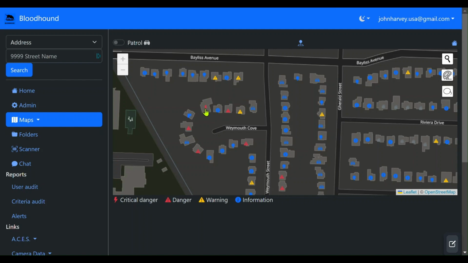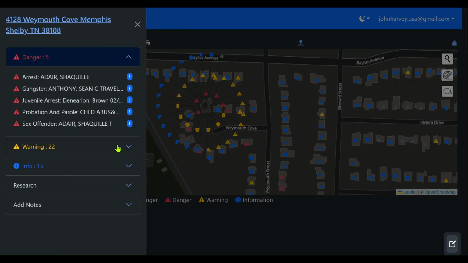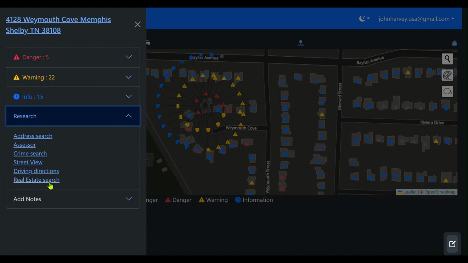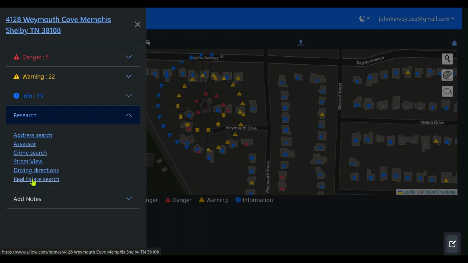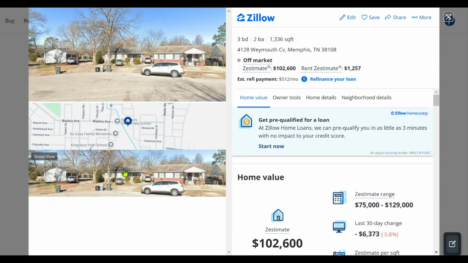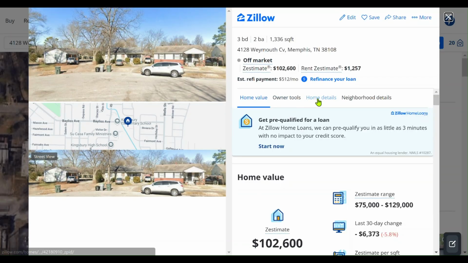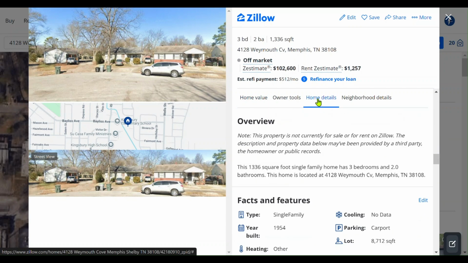Let's look at the added feature of real estate search, which gives an officer a deeper dive into the selected address. Many times a real estate ad includes pictures of the rooms inside the home or apartment. That could be very good information for an officer, so they can know how the furniture is arranged, or at least see the